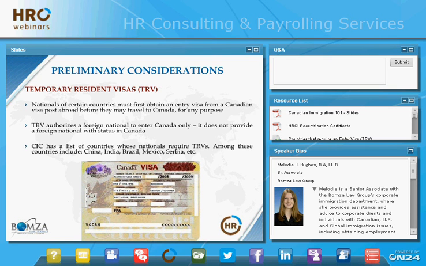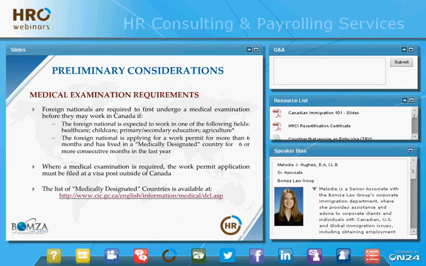Another key preliminary consideration is whether or not the individual needs a medical exam before they can enter the country. A medical exam is not required by foreign nationals in all cases, but it might be depending on their current place of residence, if they've been living in a country or territory that has been designated by Canada as a high-risk country for serious medical issues. Also depending on the nature of the work that they will be conducting in Canada, as well as the duration of their assignment in